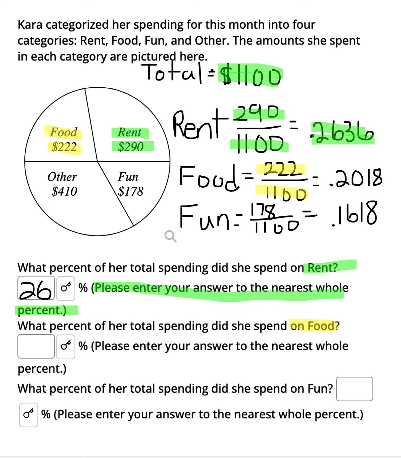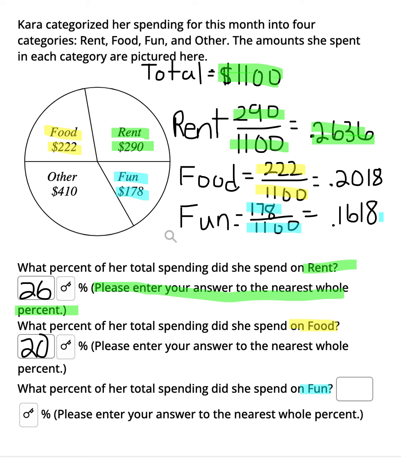The last question, or the last part, is asking what percentage did we spend on fun. So I'm going to look at the fun category, and I see that I have $178 in the fun category. So to find that percentage, I'm going to take 178 out of the total, which is 1,100. That gives me 0.1618. When I multiply that by 100 to put it into percent form, I get